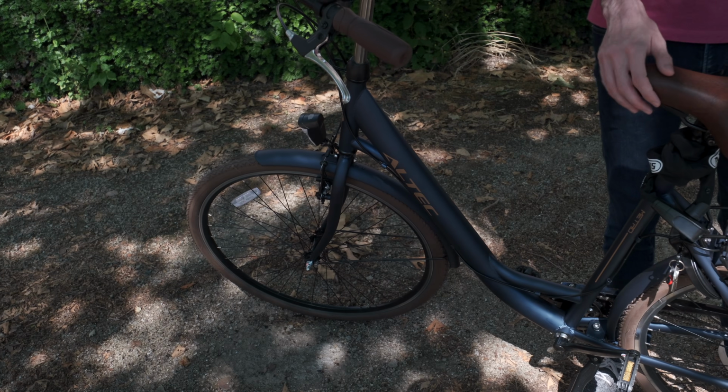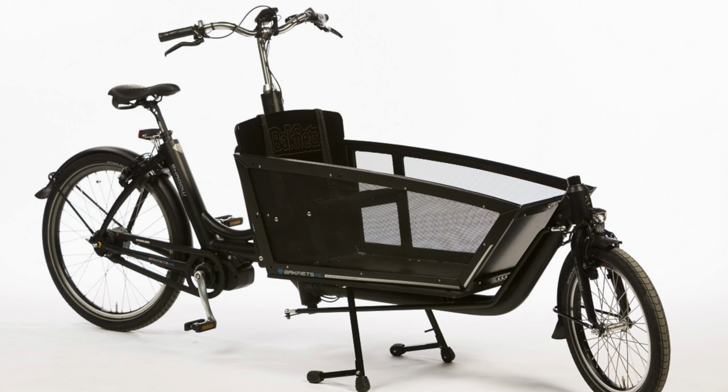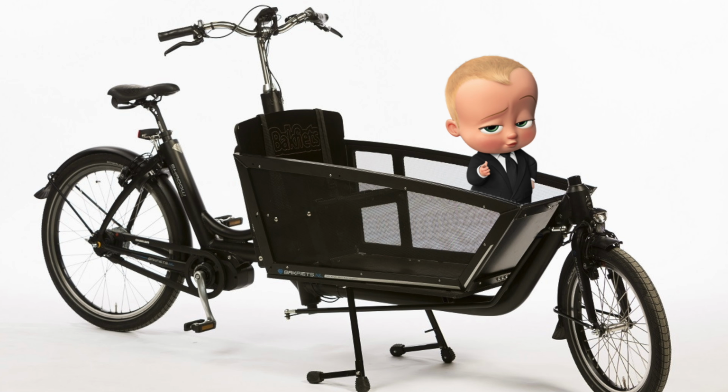Let's take a little break from our trip to show you the bikes that we got. But first, let's talk about what makes Dutch bikes unique. First, they're called omafiets, which translates to either mother's bike or grandmother's bike. And that might be different than other bikes that you've seen in the Netherlands, like a bakfiets, which is essentially this bike with a giant basket on the front to carry your kids or some things that you buy from